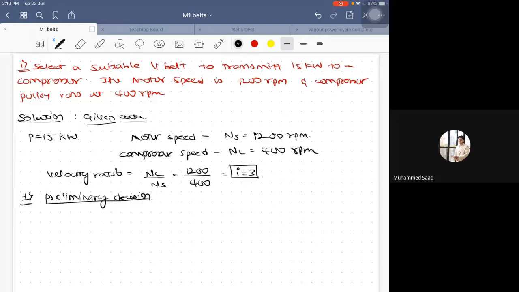Number 1, you have to select a material for the pulley, which is cast iron. So assume that the pulley is made up of cast iron. Okay. Next